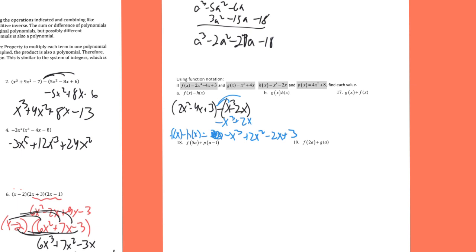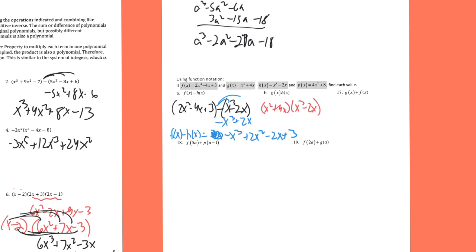And then it says take g of x times h of x. Well, in that problem, you just basically take g of x and h of x and FOIL them out, okay? G of x is going to be x squared plus 4x. And if you multiply that by h of x, which is going to be x cubed minus 2x, and you